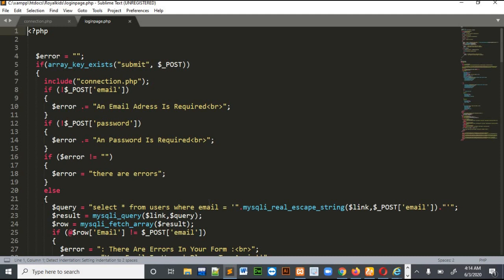So I had made two login pages on my project. One is for users and one is for admins. Both of the login pages are the same; both of the pages use almost the same logic. So I will show you only one login page so you can understand the second login page.